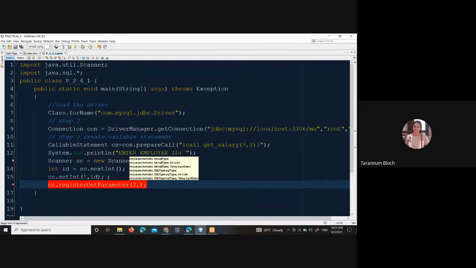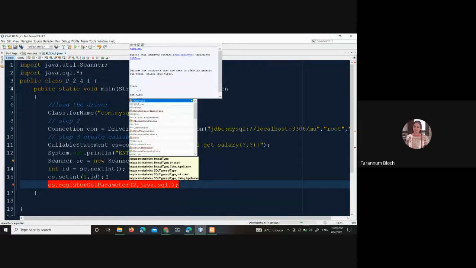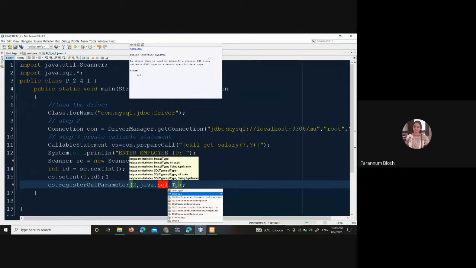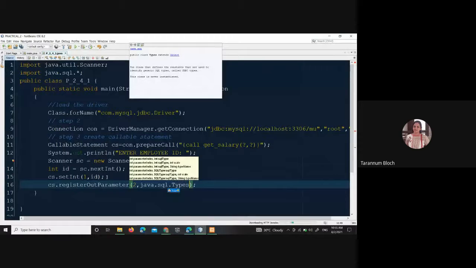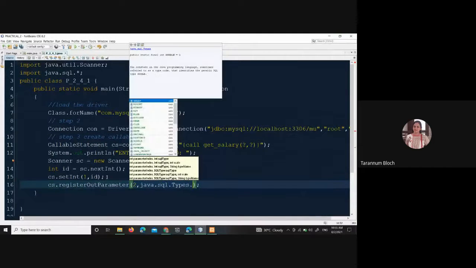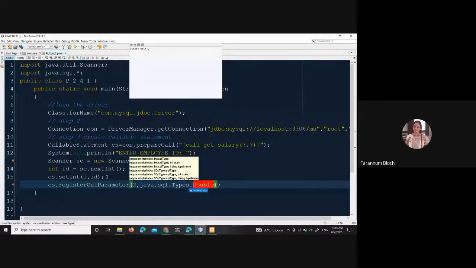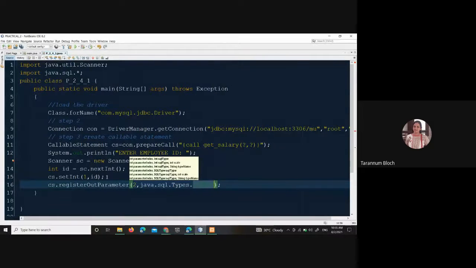So you have to write java.sql dot Types, with capital T, Types dot DOUBLE, to register the output parameter.